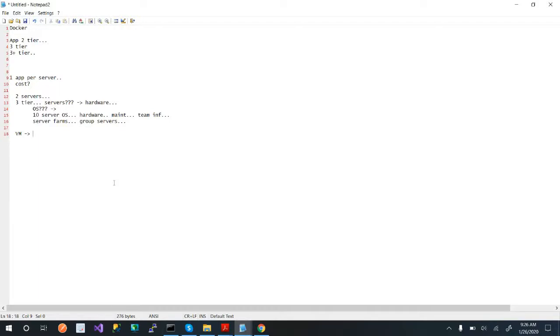But the one misleading thing is you still had to maintain the hardware. What a VM really does is look at the hardware of your device, right? We'll call it a device, but we'll just call it a server. And it takes chunks of it. Okay.